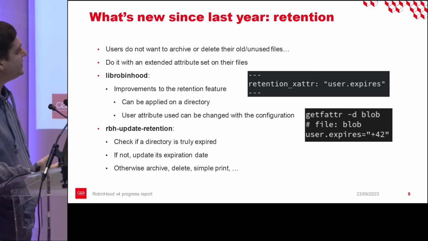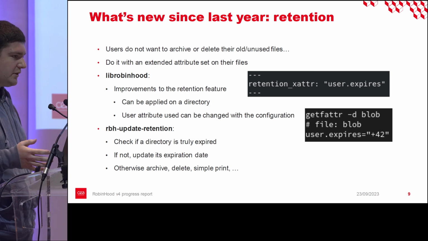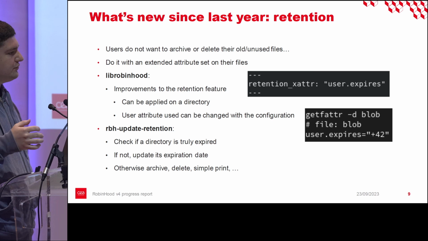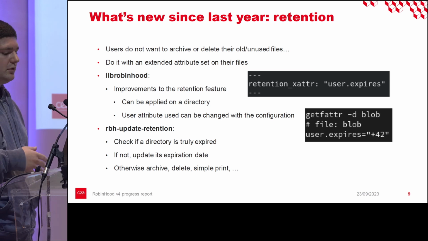So we had to modify a lot of different tools to make this properly work. The first one being RobinHood. In the last year, we created the base functioning, which is we have an attribute on a specific file, and if that file expires in relation to the attribute, we can then delete it or simply output it for archival